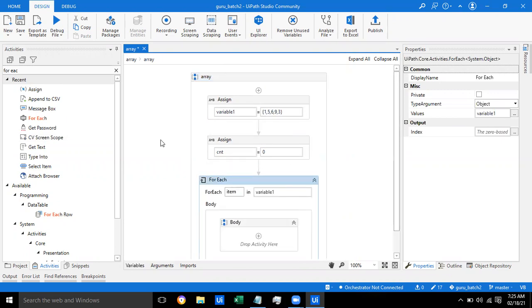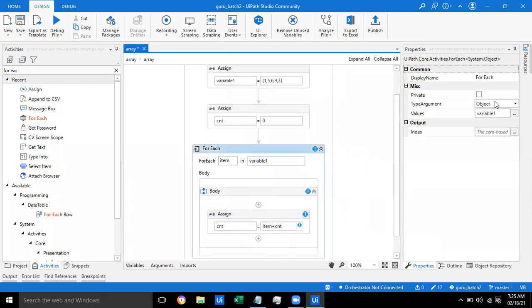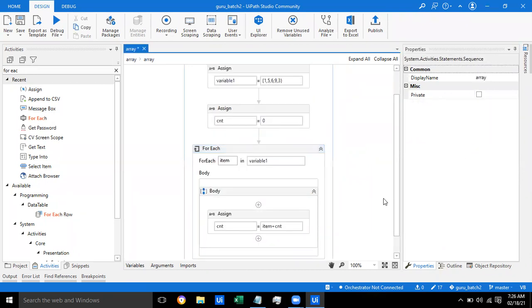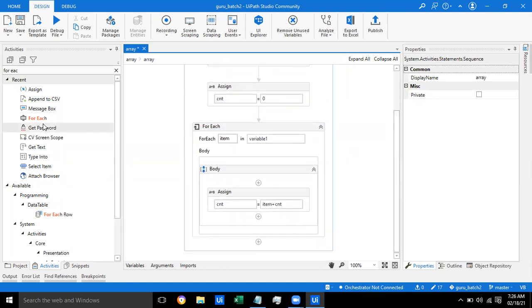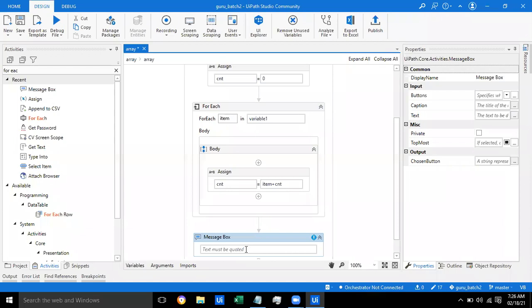So here I am going for another thing: CNT is equal to item plus CNT. I'm going to type the argument as integers. Let me try CNT and I will explain the logic behind it.